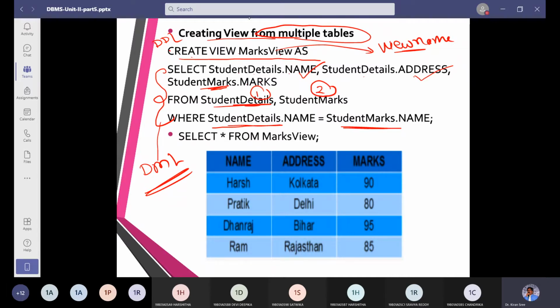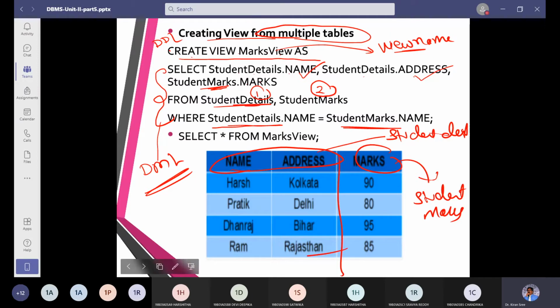We joined two tables. So student name and address come from student detail. Marks come from student marks. So this part is from one table, this part is from another table. Now we joined two tables here.